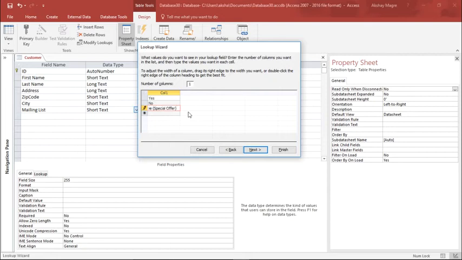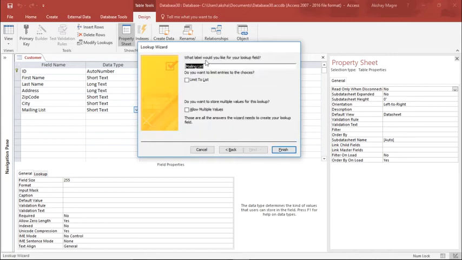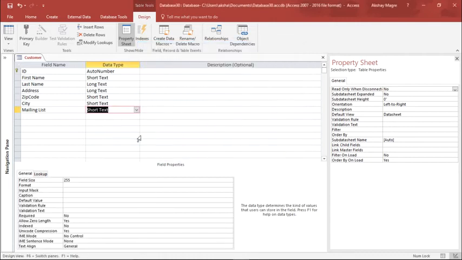So this is a drop down menu that we have created. I simply hit next for this. Now what label would you give for this lookup field? Yes, I would like to give this lookup field to this particular mailing list, and I would like to limit their choices to this list only. They cannot select anything else. Now if you want to allow them to use multiple values, you can also do that, but I want to limit them to a particular list itself. I simply hit finish.